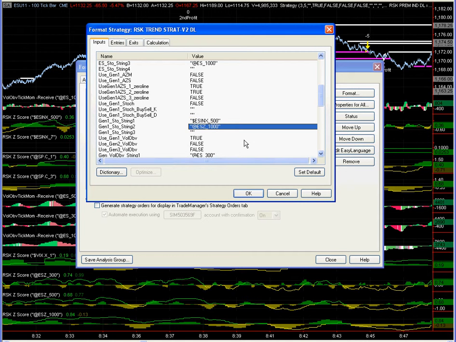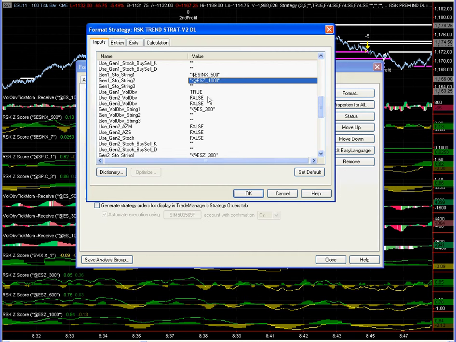Same is true of this ES 1000. Long trades only take place if the z-score is above the zero line at the time of the trade. Short trades below zero. We also have a requirement that, say on a short trade, the volume bars have to be above the zero line on the ES 300 or below the zero line on